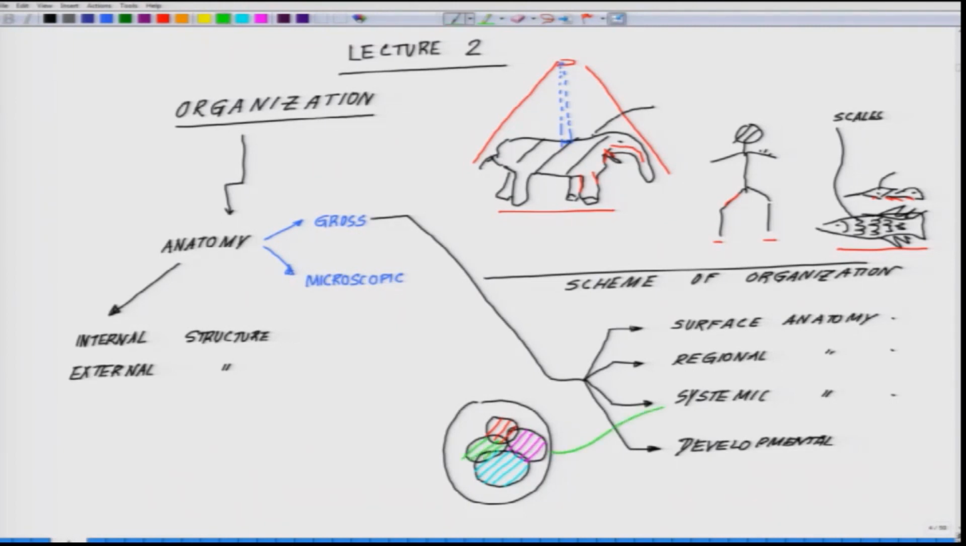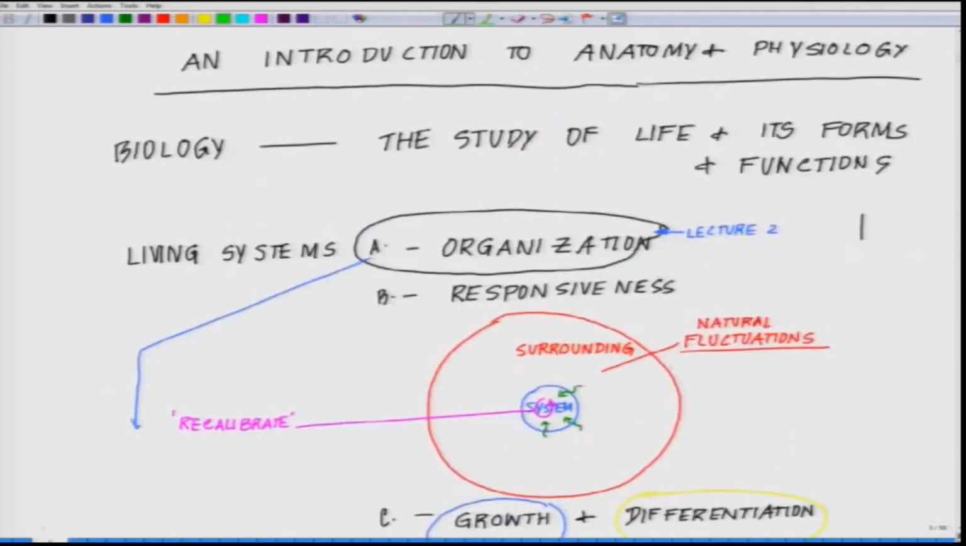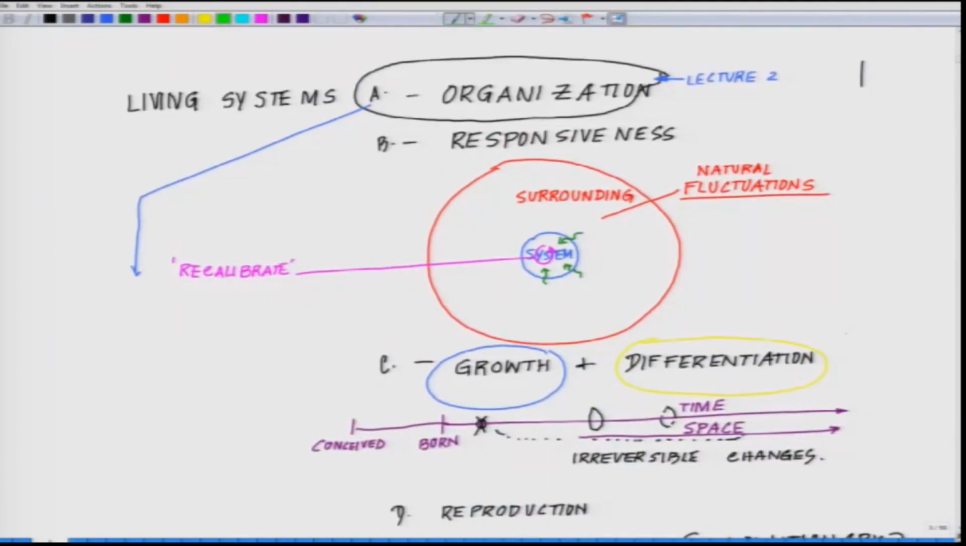That's what we studied under the systemic anatomy. Next comes the developmental anatomy, or the developmental changes. If I take you back to the previous slide, in the last class we talked about growth and differentiation. I told you, over a period of time, as a living system grows from conceiving in the mother's womb, then taking birth, and then becoming aged,